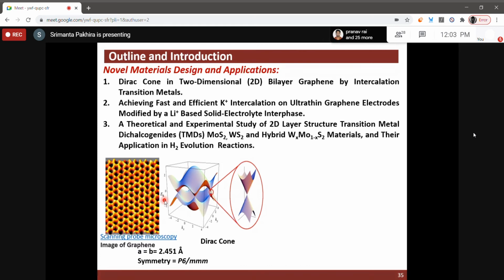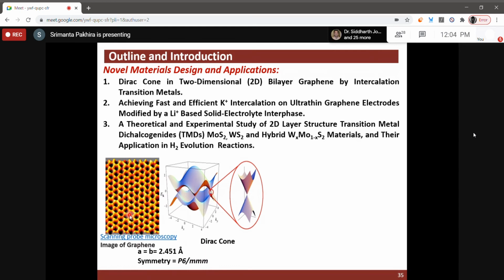This is the first scanning microscope structure of the graphene. Okay? It is called the honeycomb structure, and these are basically the atoms and these orbitals. They first observed it, and there is also a potential kind of formula. I will see that. And they also observed that graphene has a very good layer symmetry, P6mm, and they successfully synthesized it in 2003 as a single layer. It was a big challenge, probably a 100-year question, how to synthesize monolayer graphene. Geim and Novoselov first synthesized it, and their article was published in Nature at that time, in 2003.